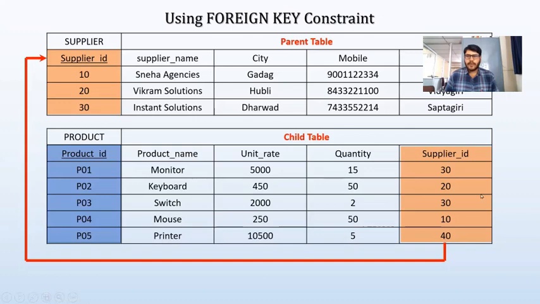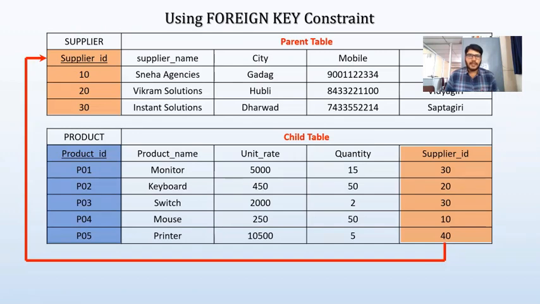Now this foreign key is going to refer what? It is going to refer the primary key of some other table, and this table becomes what? A parent table for product. And how have we provided logical connectivity? By implementing a foreign key in a child table. So this is how we are going to provide a relationship between multiple tables.